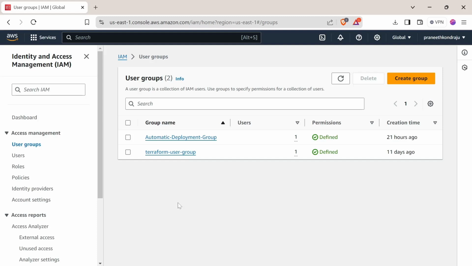Instead, we attach them to the user groups, and this is recommended as a best security practice as well. Consider this scenario: we have two teams, developer and operations. If a developer is transitioning to the operations team, and the developer has policies directly attached to him instead of being assigned to user groups,